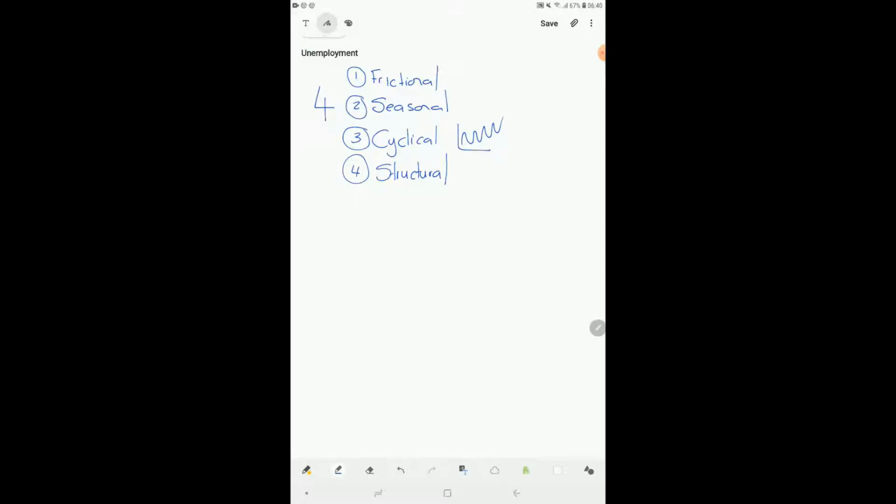Now, something happens to all these 4 types. You have to enter the unemployment pool or exit the unemployment pool. So you enter it if you leave your previous job, or you get fired,